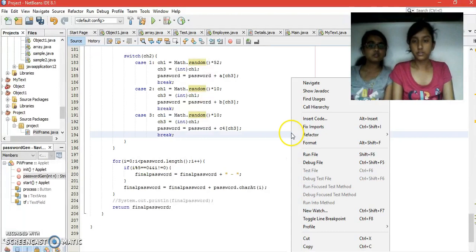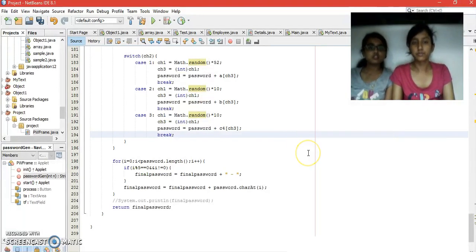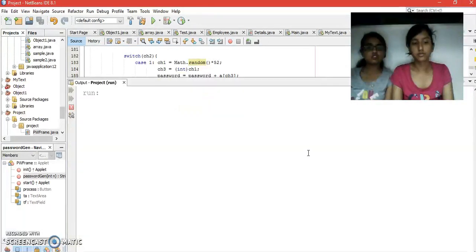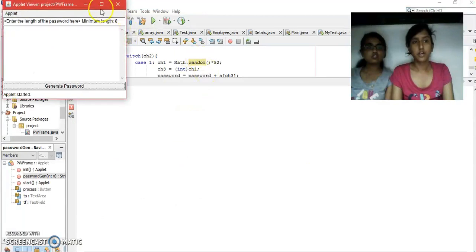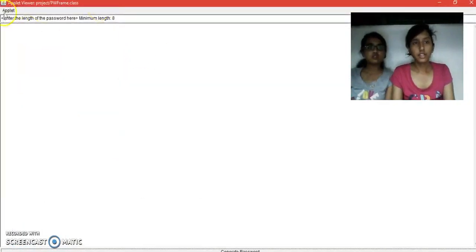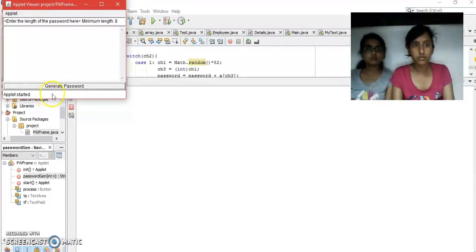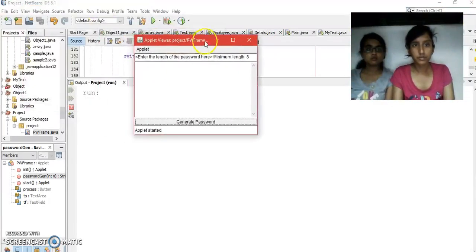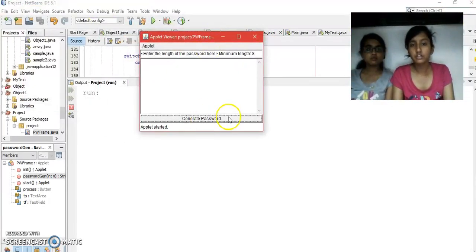Now I run the program. Alright, so here you can see this is the text field and the text area, and down here we have the button generate password.